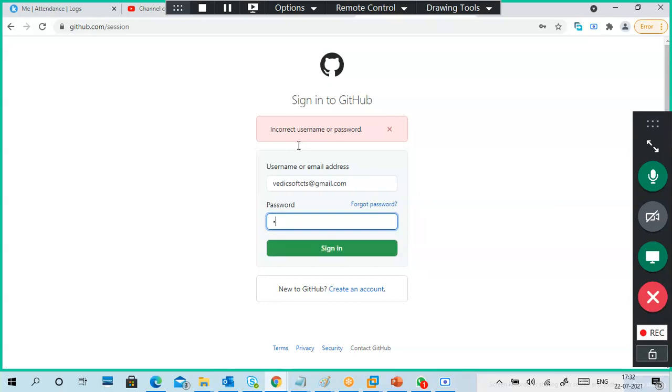I forgot the password. Who took the class last time? Your batch 5, not batch 4 and batch 3. Batch 3, I took DevOps, right? Jenkins installation.